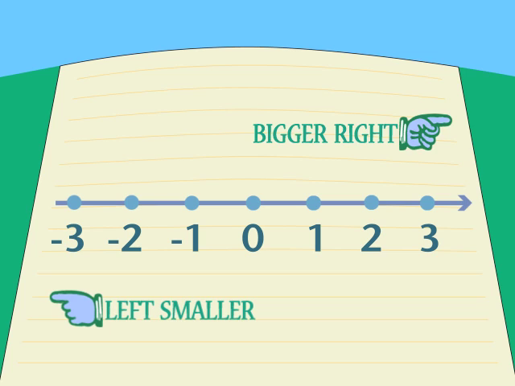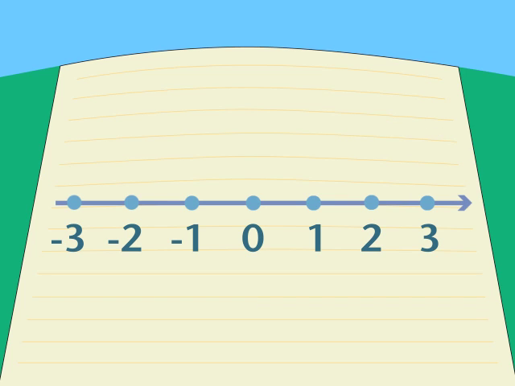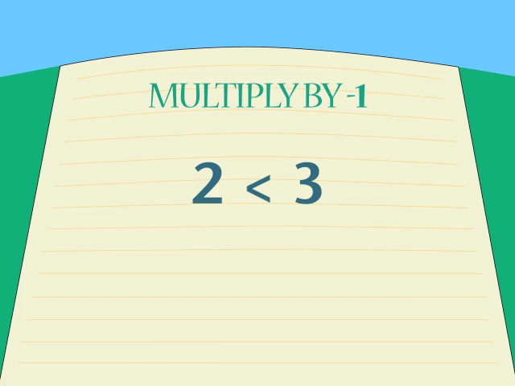Now here's a big question. Do we ever cause a number to jump instantly to the other side of 0? Yes, we do. Every time we multiply or divide by a negative number. Take this inequality, for example. 2 is less than 3. Multiply both sides by -1,